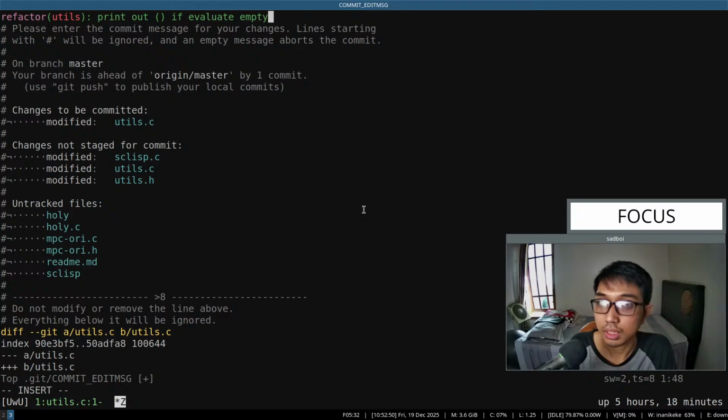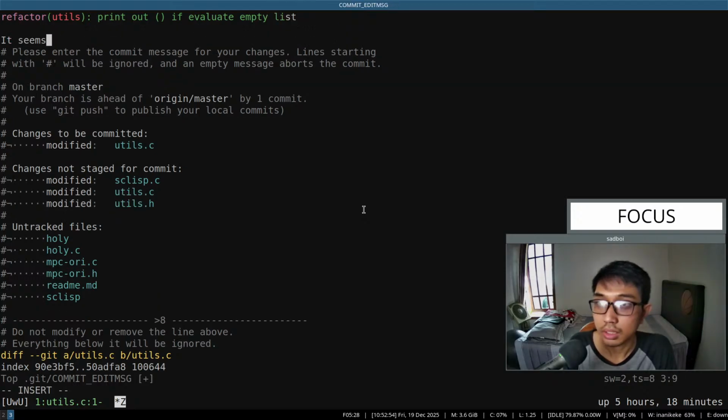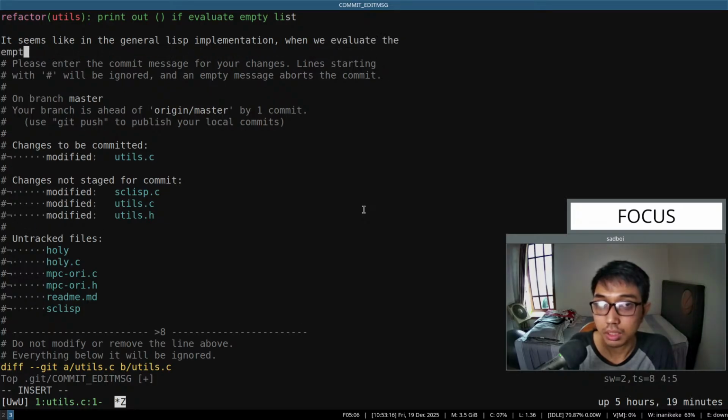Evaluate empty list. It seems like in the general Lisp implementation, when we evaluate the empty expression, like this one, or this one, or our code expression like this one, okay, the curly bracket,